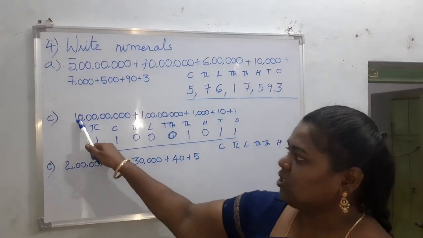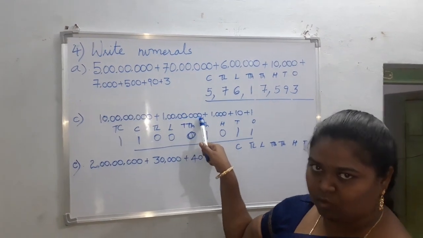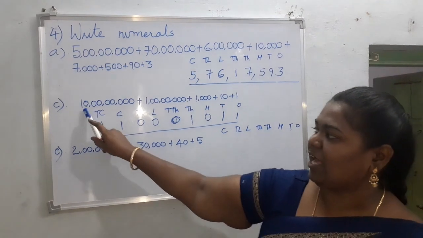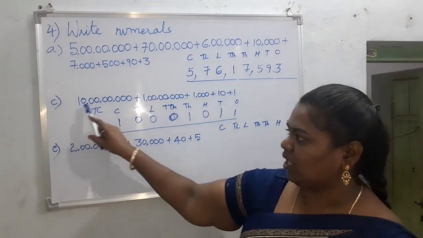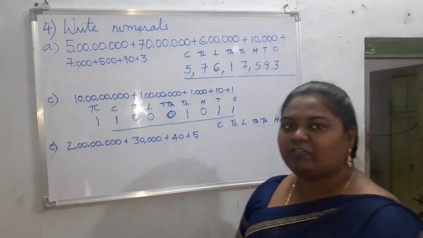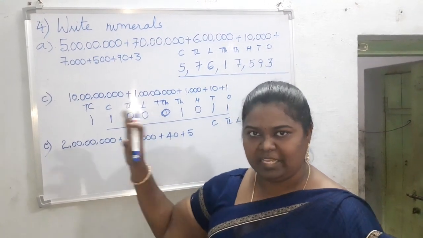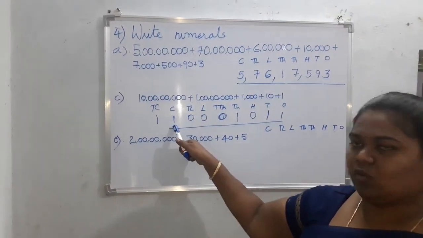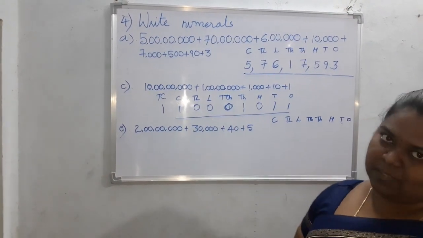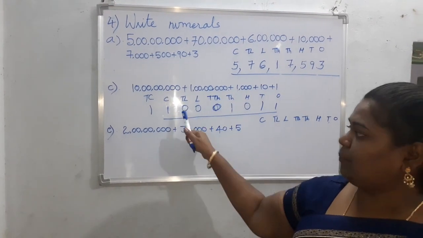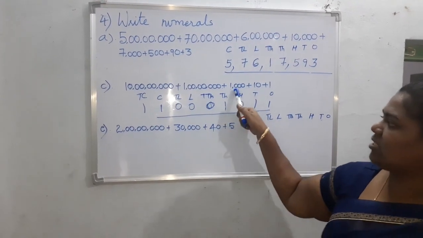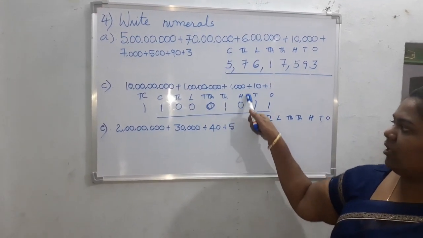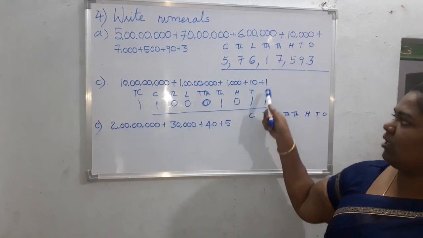Listen once again. So this is 10 crore and this is 1 crore and this is 1,000. This is 10 and this is 1. So basically we have only all ones. You have to put these 5 in their respective place values. So 10 crores place put 1. 1 crore place also 1. You don't have 10 lakhs and lakhs places. And also 10,000 places. So put 3 zeros over there. And you have next is 1,000. So put here in thousands place 1. And you have 10. So no 100. So put 0. And tens place 1 and ones place 1.